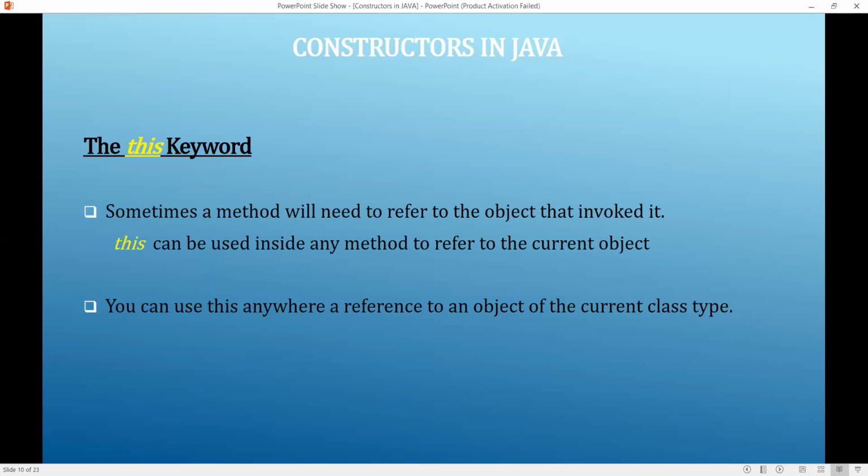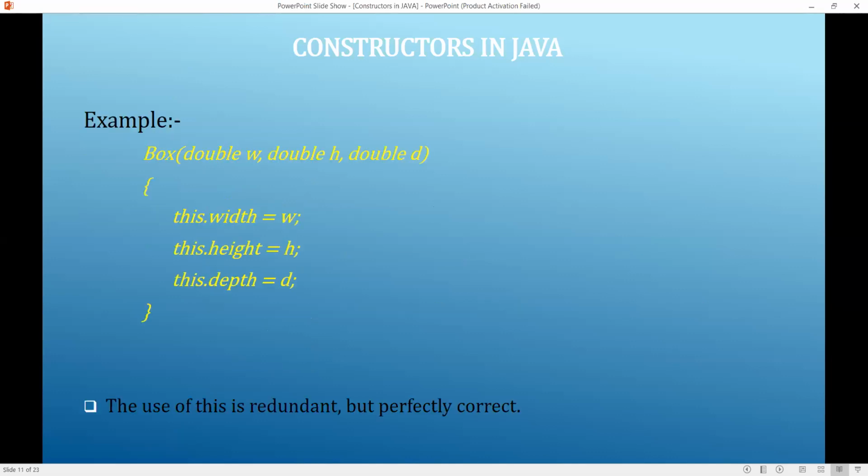It represents the current working object, or current object. Whenever we use this with any variable or method, it indicates which object is calling that variable or method. You can use this anywhere for representing the current object. So that is the keyword this.